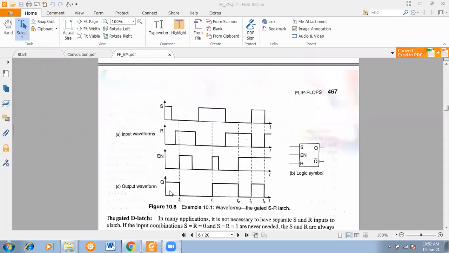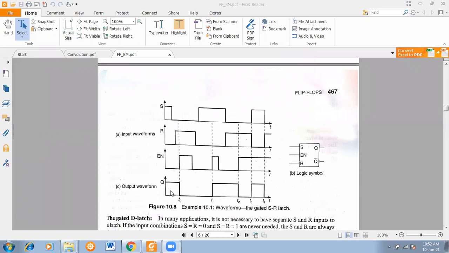Because we have chosen that the previous state is 0, sorry, high. The previous state was high. So when the clock is 0, that is the high state. That is the no change condition. High is high over there. So S is 1, R is equal to 0, but you should have high output when the clock is present. But that is the initial starting condition, so don't take it seriously. It may be 0, it may be 1. Don't bother about that, because the clock is absent here.